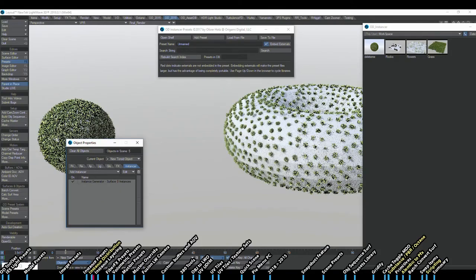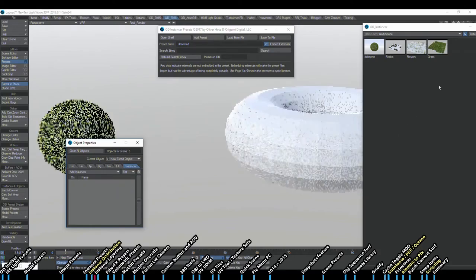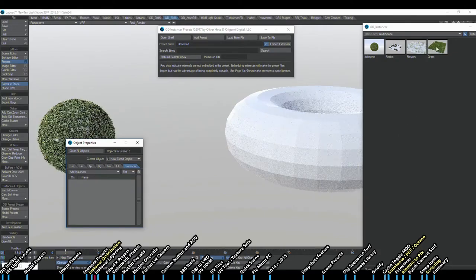And you can see when you do that, it makes it incredibly hard to reuse your instancing setup, because now you've got to go in the instancer again and set it back up. Because how do I get the same distribution? Whether this is a yard or a soccer field, whatever it is, you want to maintain the distribution. And so what I've done in the preset system is, when you store a preset, it actually stores the surface